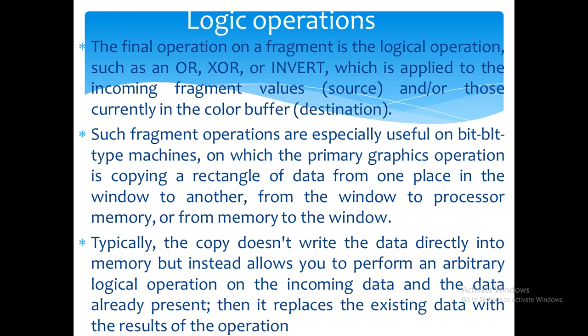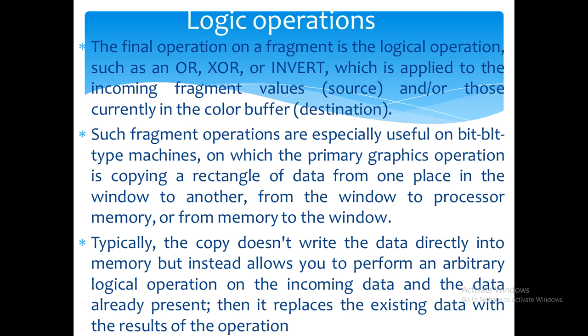Then how will this happen? The final operation on the fragment is the logical operation. Final operation on that particular fragment or particular pixel is normally a logical operation, such as an AND, OR, XOR or NOT, right? Which is applied to the incoming fragment value, that is the source, and or those currently in the color buffer, that is the destination. Means source color and destination color will have a logical operation applied, then the result of the logical operation will be shown on the monitor normally, right? There are some logical operations, we will see those, right? This is what happens